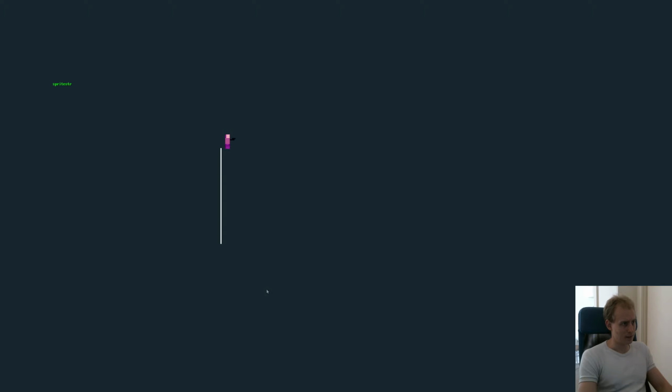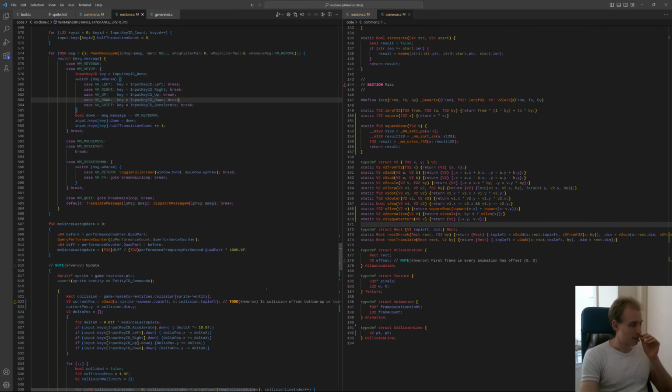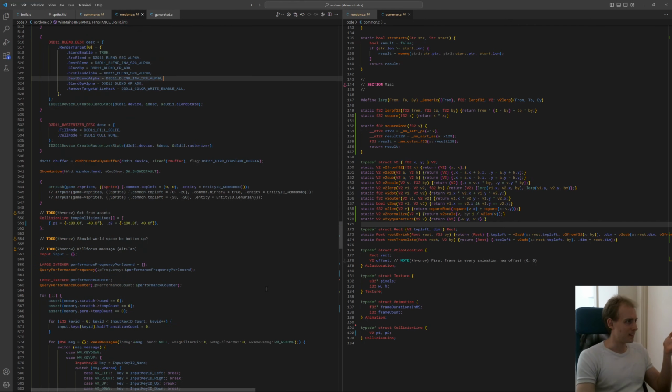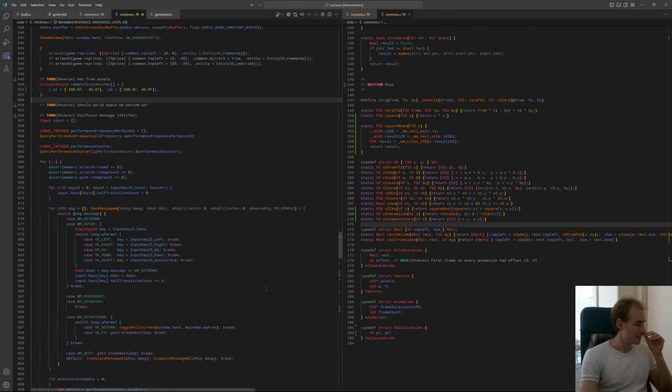Yeah, so it does seem to be correct collision. It's just the wall is in the wrong place. So what kind of wall did I even create? Well, P1 is, so the X is the same, it's minus 100. The Y is minus 40 to 40. So minus 40, 40, so it's,